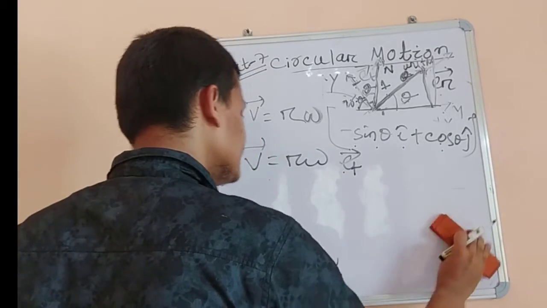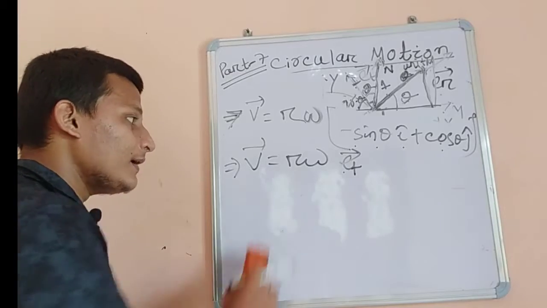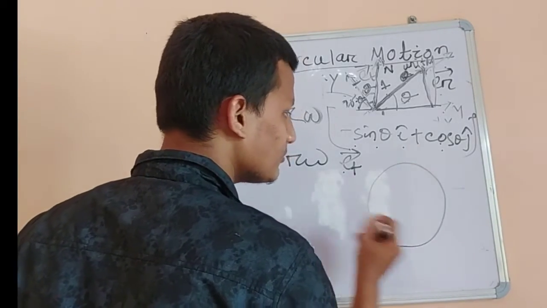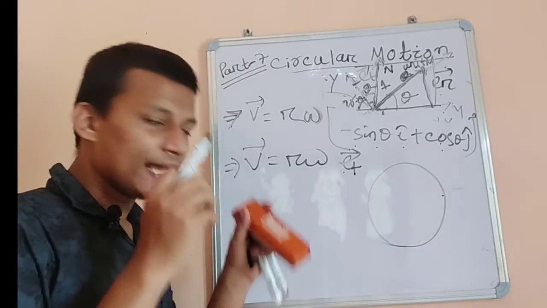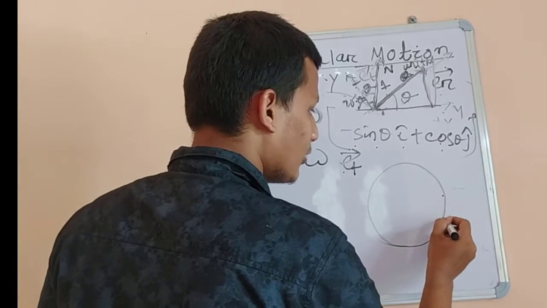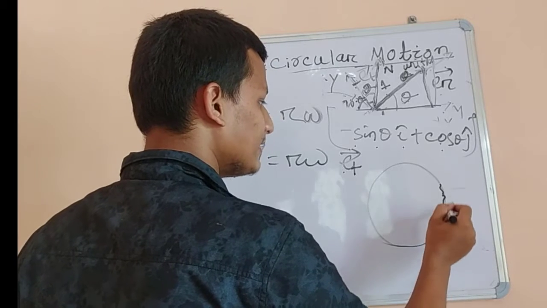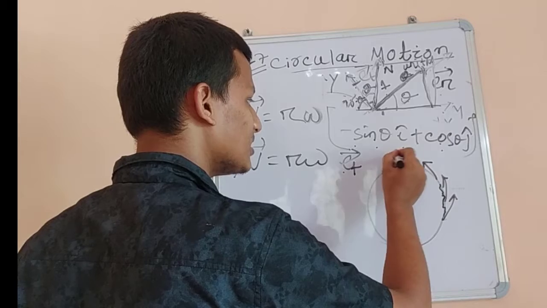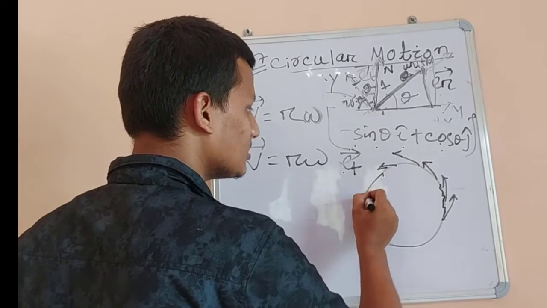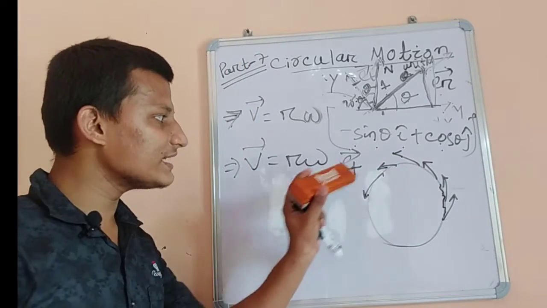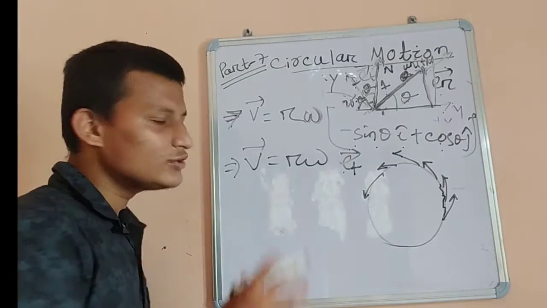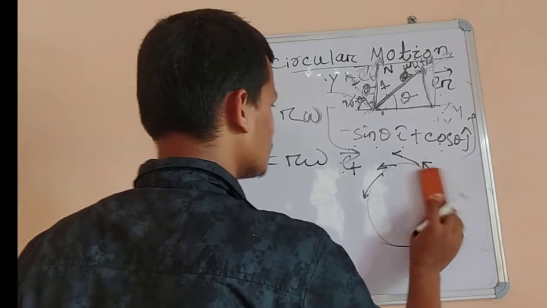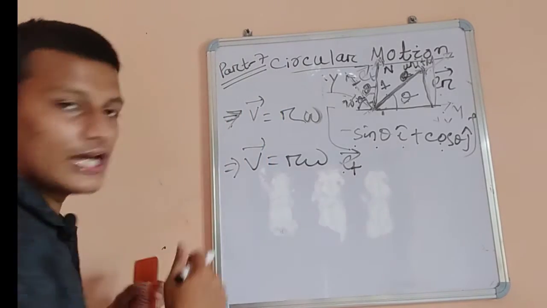So the direction of our velocity is continuously changing, which is why the circular motion continues, because from point to point the direction of velocity changes continuously. Here the tangential direction, here the tangential direction, and so on, so it is continuously changing its direction. But the magnitude may or may not change. So let's differentiate with respect to time.